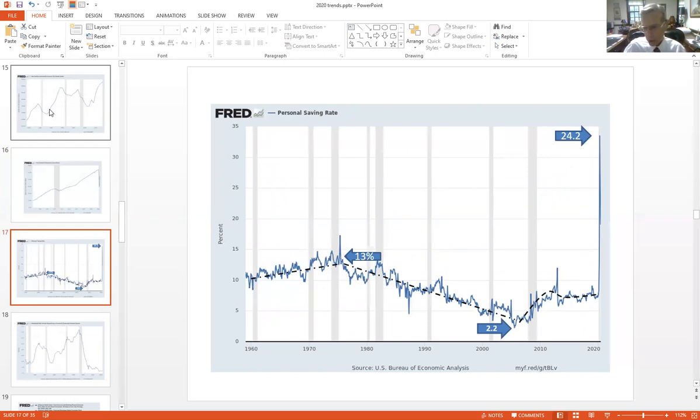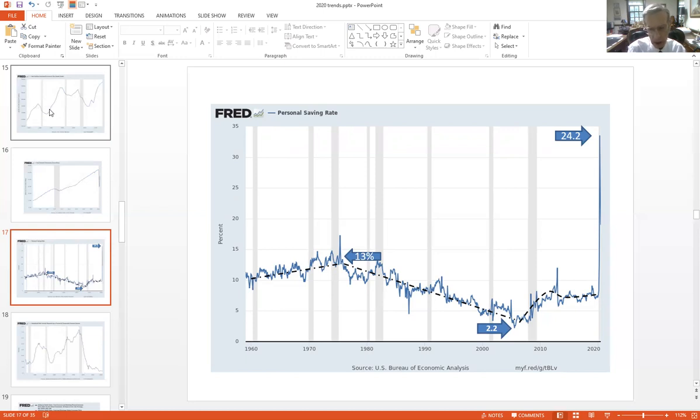So no surprise, with all this extra money that is being printed and distributed, the saving rate, the portion of disposable income that you and I do not spend, shot up sharply shortly after the pandemic arrived. We can expect to see that come down. We can see that in past years, say back around